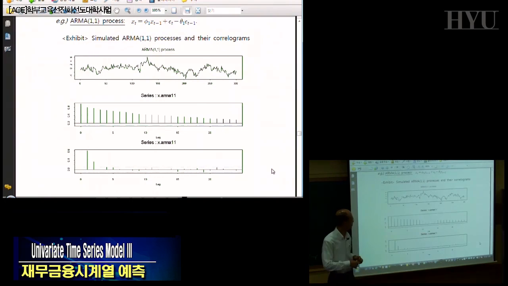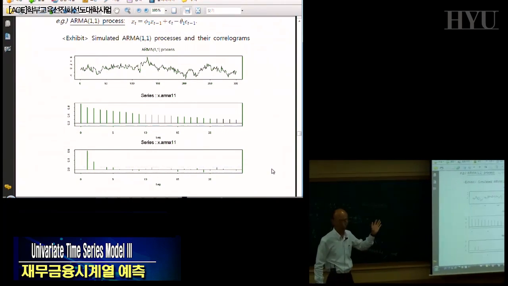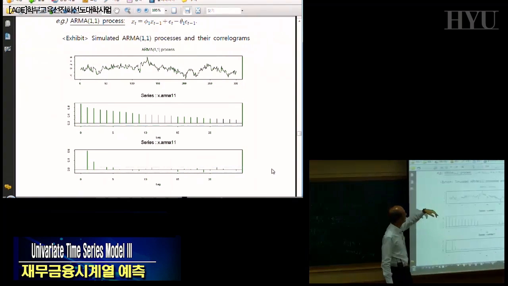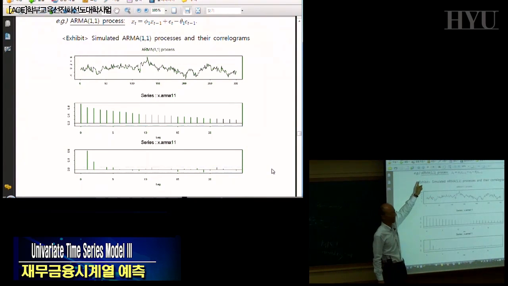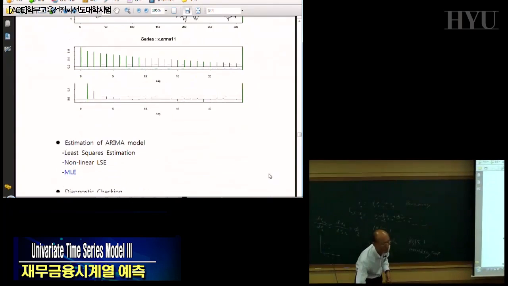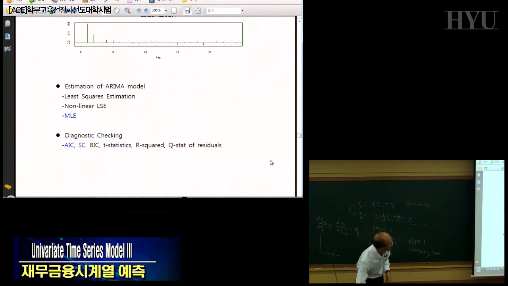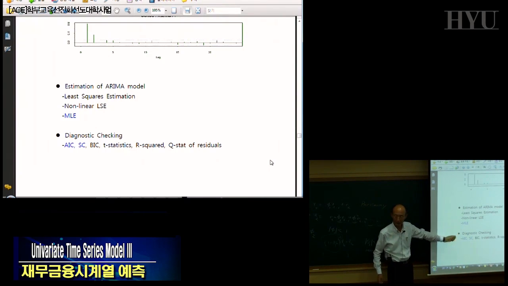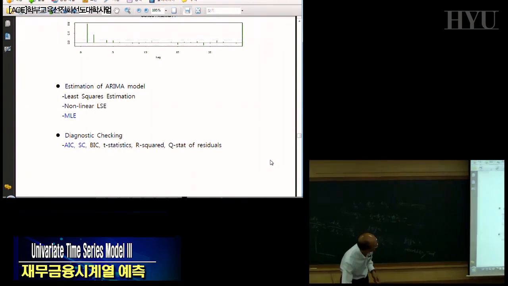So we'll talk about another procedure if it is suspected to be coming from some mixed process. So that's going to be discussed here. Before we do that,